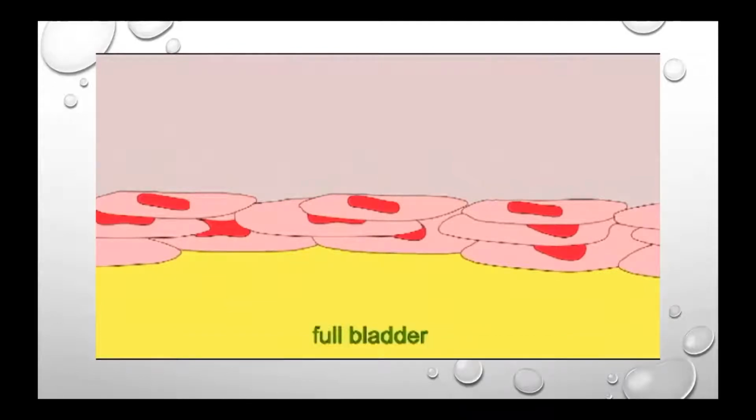So the bladder is actually a contracting and relaxing structure. So because of that, the cells will not get damaged. Okay, even though it is contracting and relaxing, the cells will not get damaged because of this peculiar property of the cells.